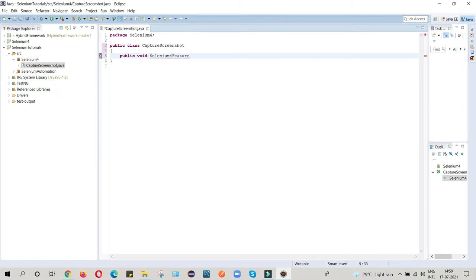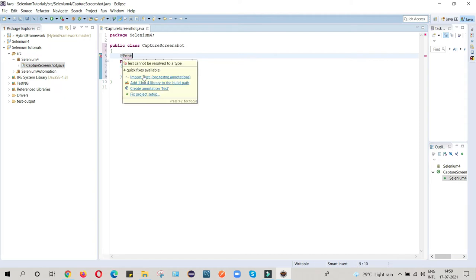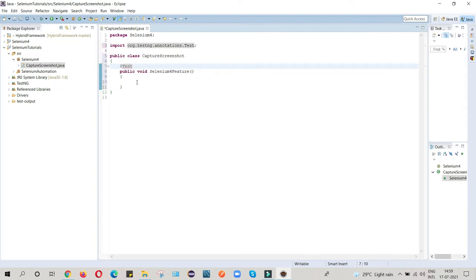You can give any name. And here I will initialize my WebDriver Manager. Before this, I will write @Test and import this TestNG annotation.